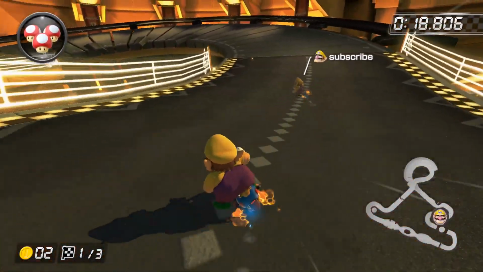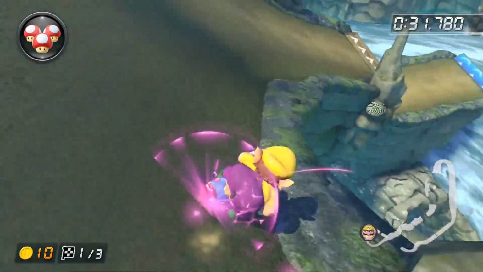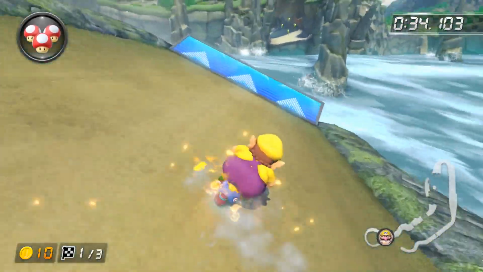But even so, it is a lot slower to go around. As you can see, the fast keys are about 0.2 seconds faster. Now let's go over some of the hardest shortcuts and strats in this game, starting with a doozy, the Dolphin